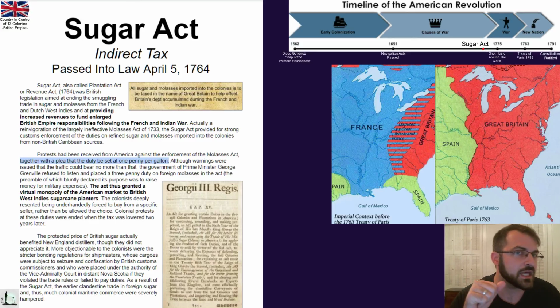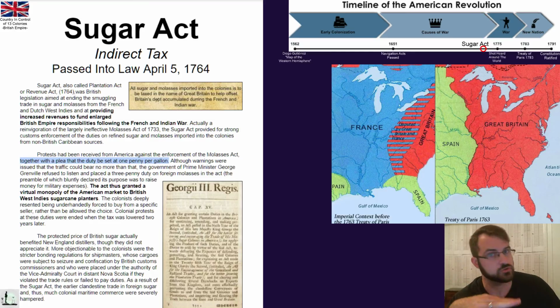Say for every gallon of molasses, 1 penny goes to the government. We can handle that. We can pay that. No more. If it's more than a penny, we can't pay that tax. And so although warnings were issued to the government that traffic could bear no more than that 1 penny, the